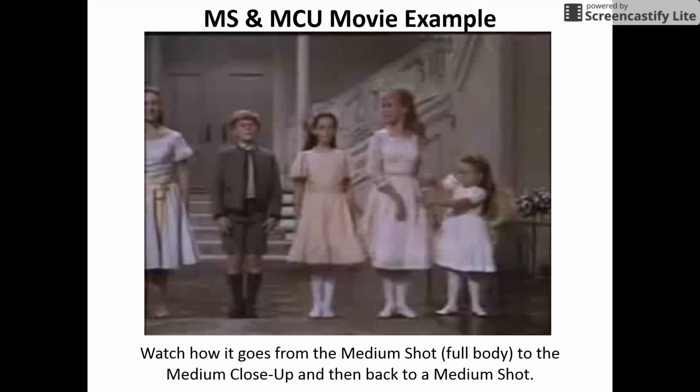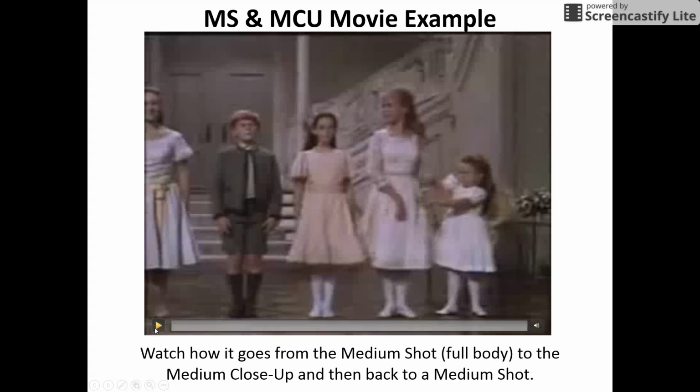This is The Sound of Music. And in this particular scene, what you're going to see is a full body shot of the characters. And the full body shot helps us to determine things like we can tell she's older than her and her. And so by seeing full body, we get more of a sense of the person, what they're wearing, their ages, things of that nature. But then when it gets to an important part where they're focusing on a single person,